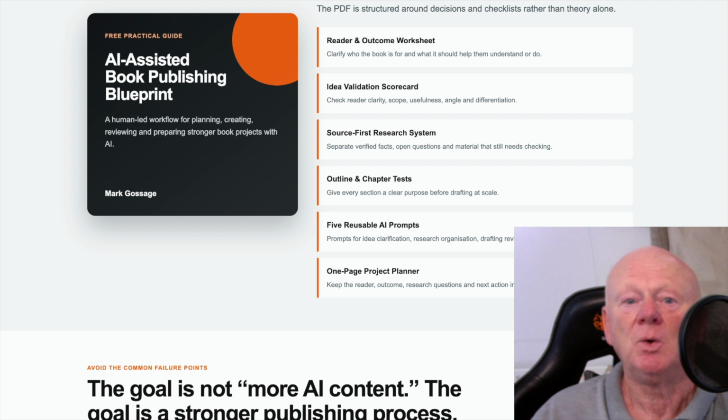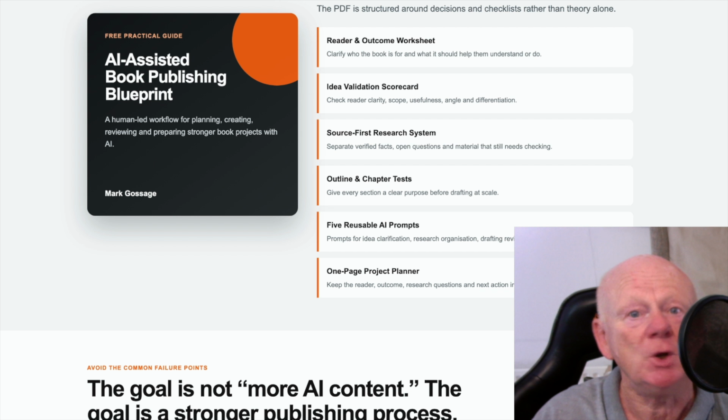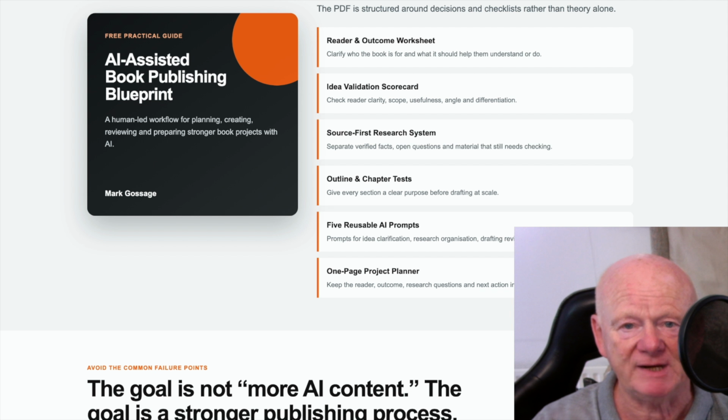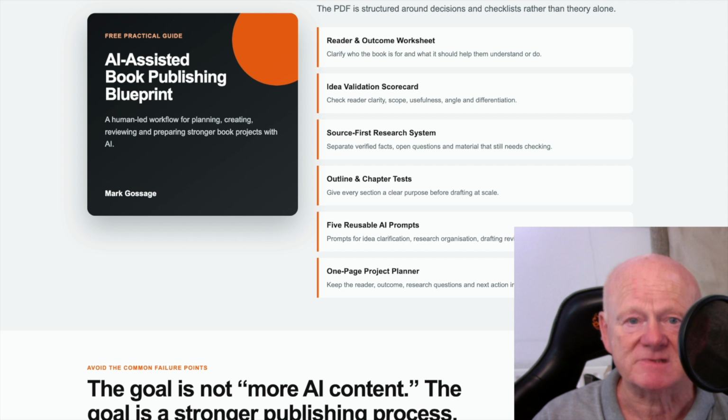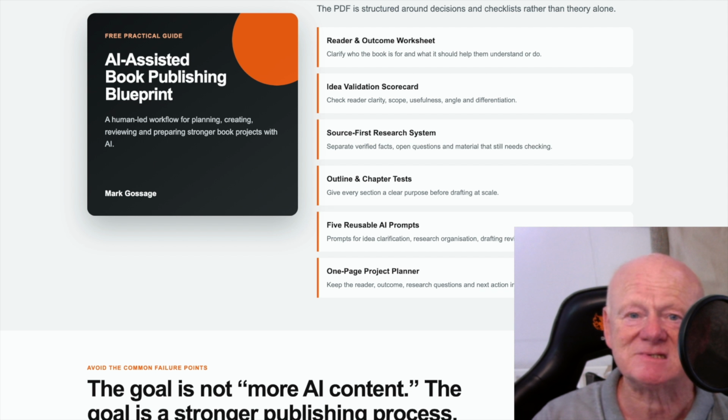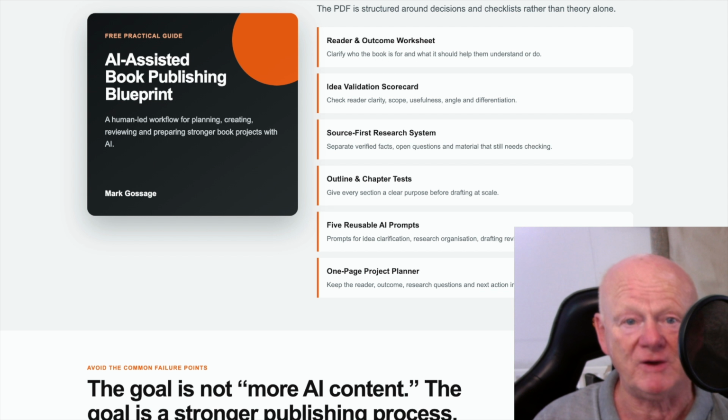So where you still need a human once AI has done everything will be to choose that right book idea. Understand the reader. Check those facts. Check the sources. Provide real examples and judgment. Decide what should be removed. Create a consistent voice, and you need to make that final decision about whether the book is actually ready to